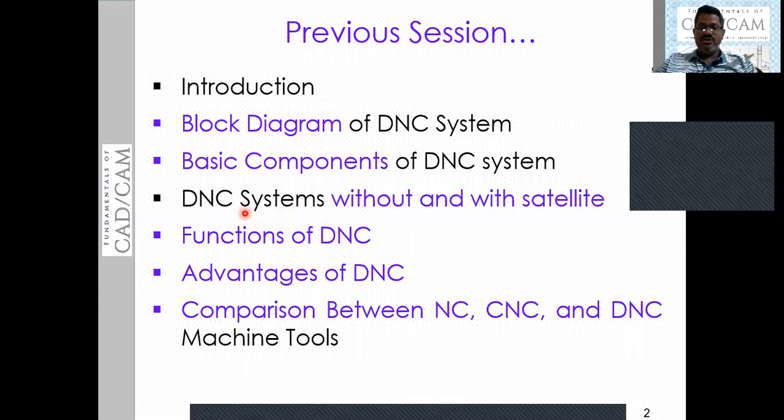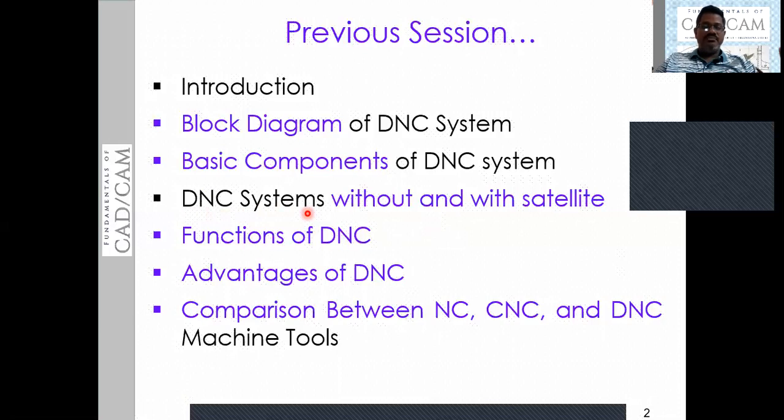One DNC system is going to work with a mini computer, even though it is having a bulk memory computer. Basically, the basic concept of the DNC is that it is going to connect different NC systems parallelly using a network. All these NC systems which are in that network are going to use a bulk memory computer.